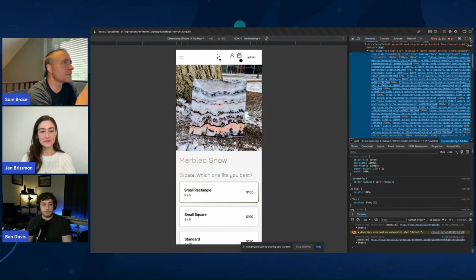Great. One thing I'm seeing here in the code example that you have here is that